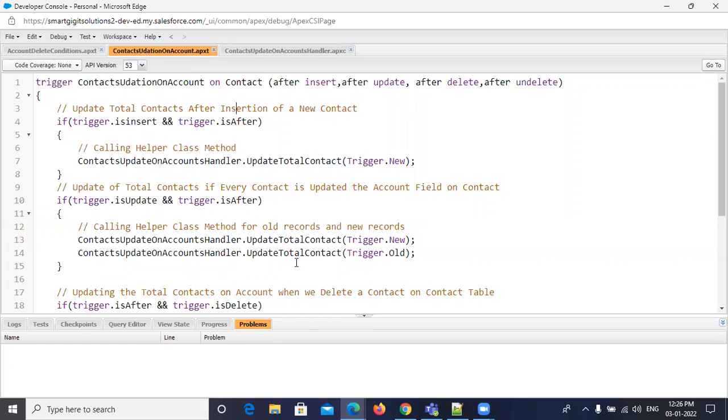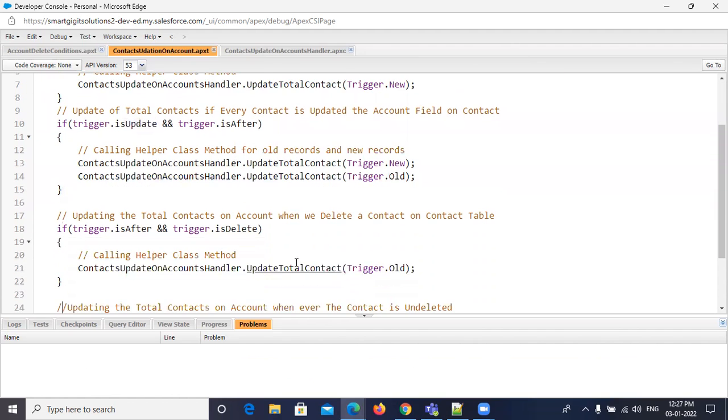The first possible case is whenever a new contact is inserted, at that time we can calculate the number of contacts. The second case is whenever a contact record is updated, if the account field is edited, then also we can calculate the number of contacts.